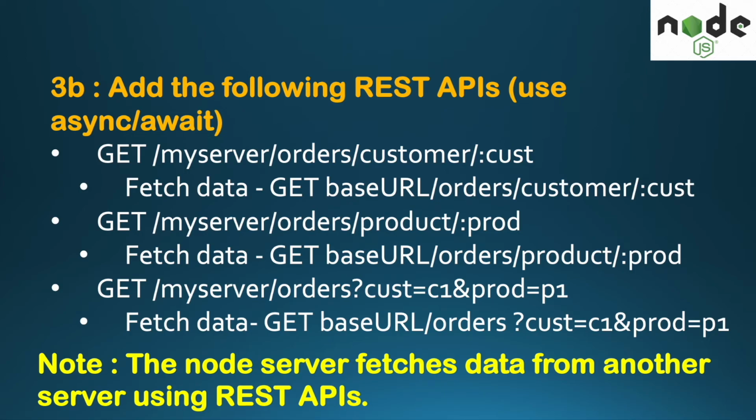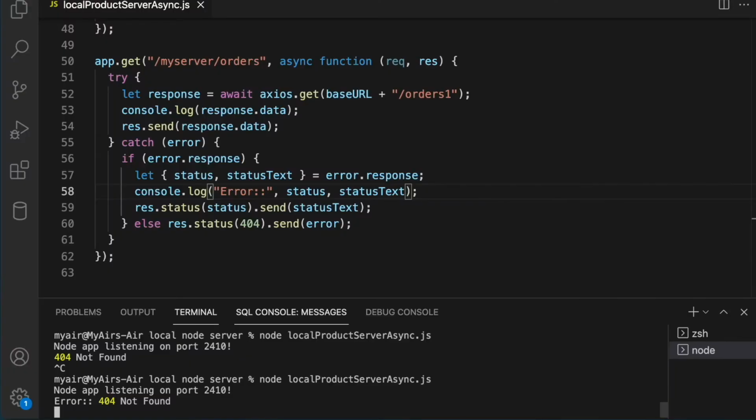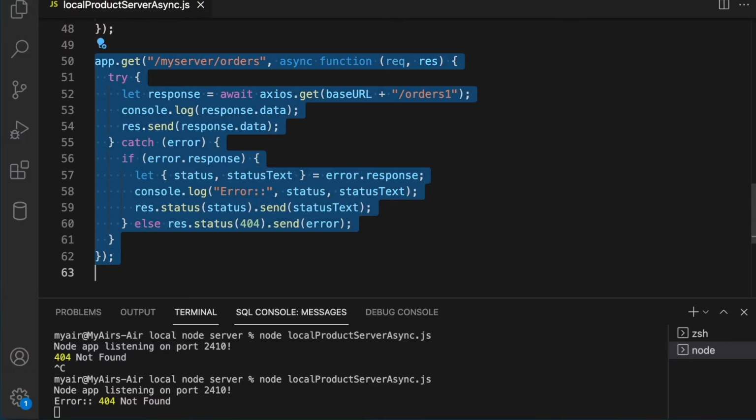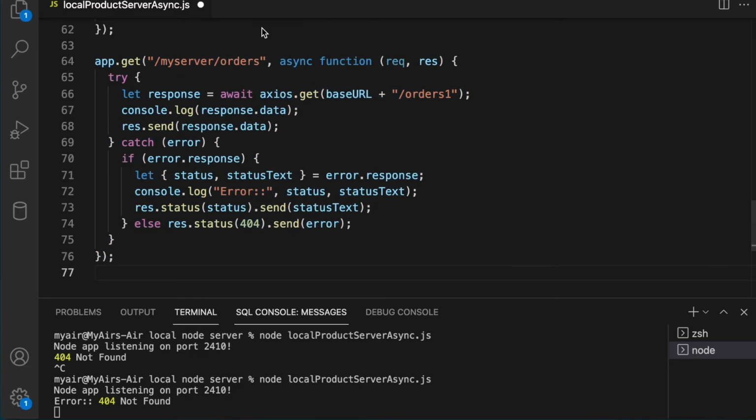Next, what do we want to do? Like we did earlier, customer slash colon cust, product slash colon prod, and then we have the query string parameters cust and prod with orders. Let's implement it. So let me just copy this code. Slash customer slash colon cust. Now what is our URL? It will be